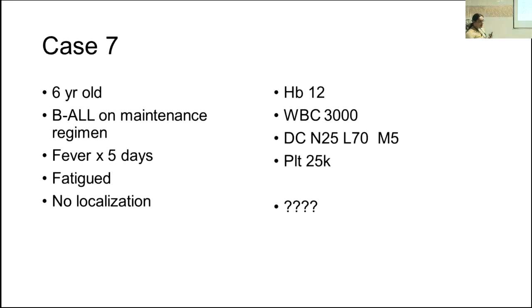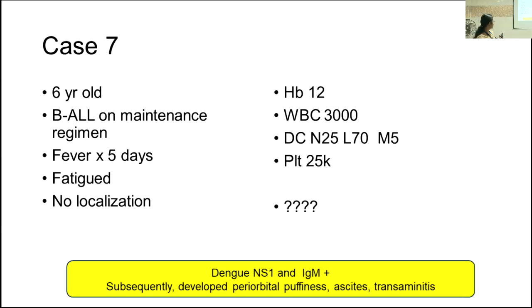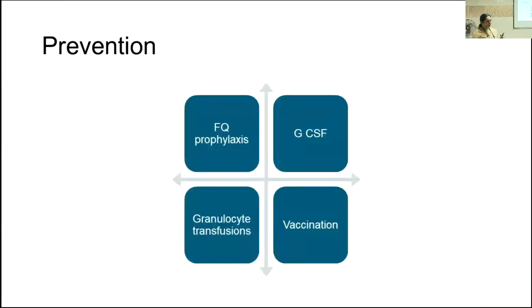Yes. Common things are common, and this is not a high-risk febrile neutropenia host. This child did have dengue NS1 and IgM positive. So just because the patient lands in the hemonc ward, you don't have to treat every child as febrile neutropenia. This child went on to develop all the florid symptoms of dengue later. So with that, I'm coming to an end of my cases.